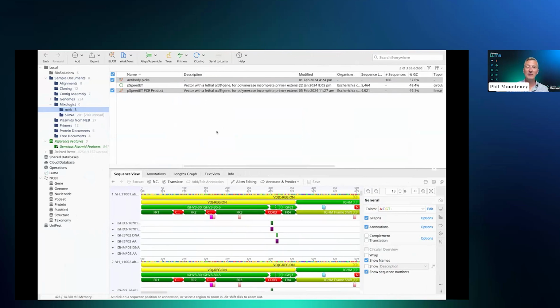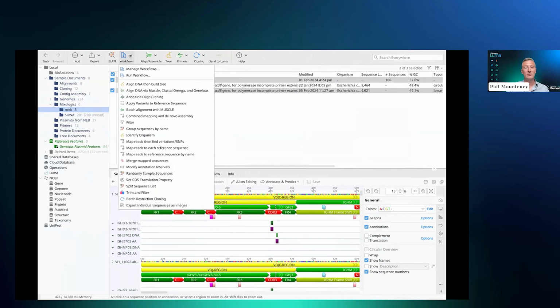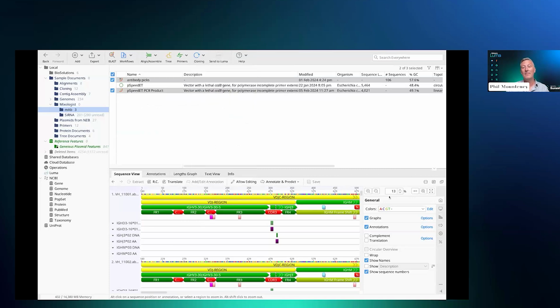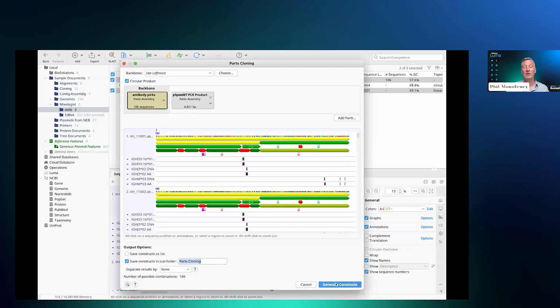Now in Geneious, there are lots of workflows in here. I talked to you about workflows in Omic and how they can help speed things up. We have them in here as well. Geneious is its own demo in and of itself. I'm going to do some parts cloning today to generate the instructions